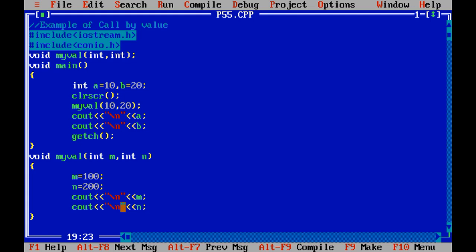Now let me take one new example also, because I want to compare both the programs and teach you the difference between call by value and call by reference. So the same program we are going to perform.